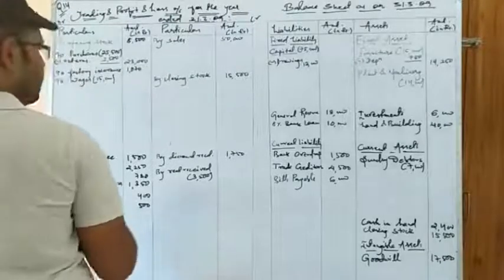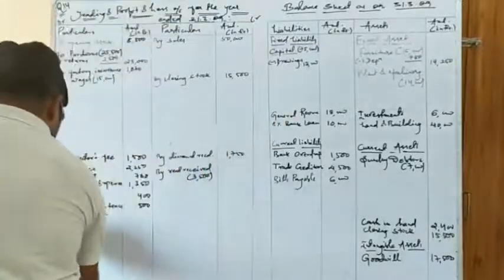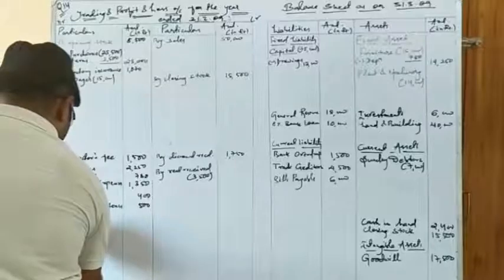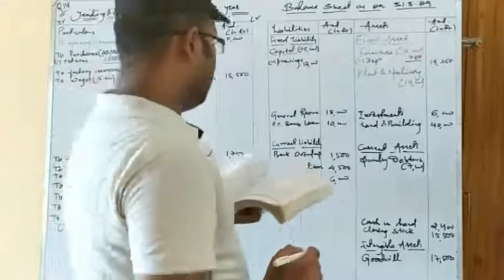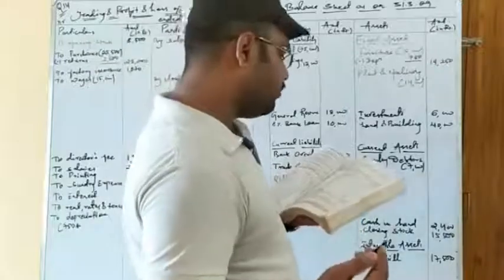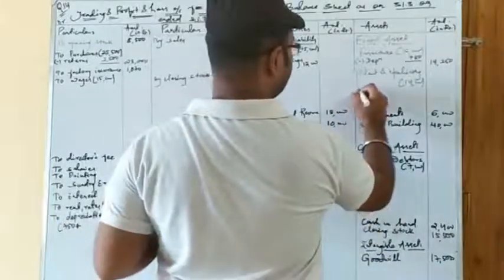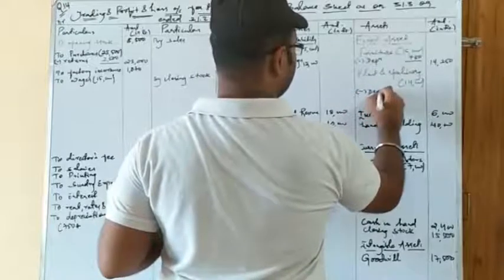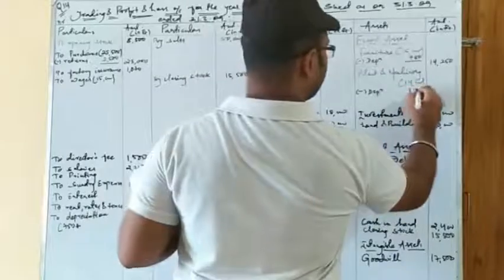And as we are getting the depreciation value again for the plant and machinery, I am keeping this value in the bracket, that is 750. And the next value will be added to this. As the question says, you have to depreciate the value of plant and machinery by 10%. So we will deduct here depreciation 10%, that is 1,400.